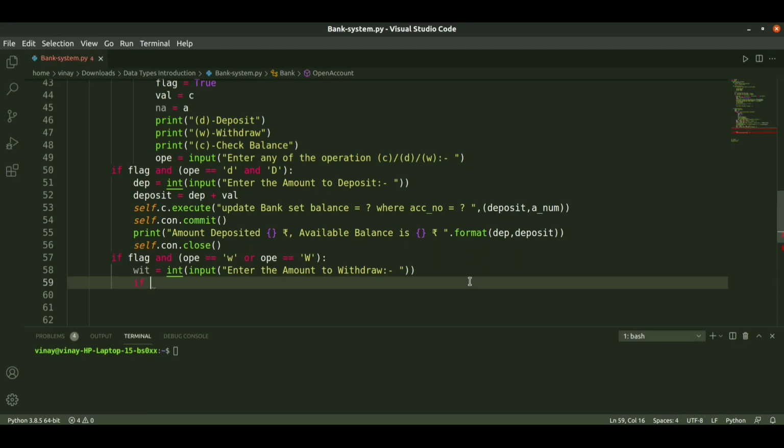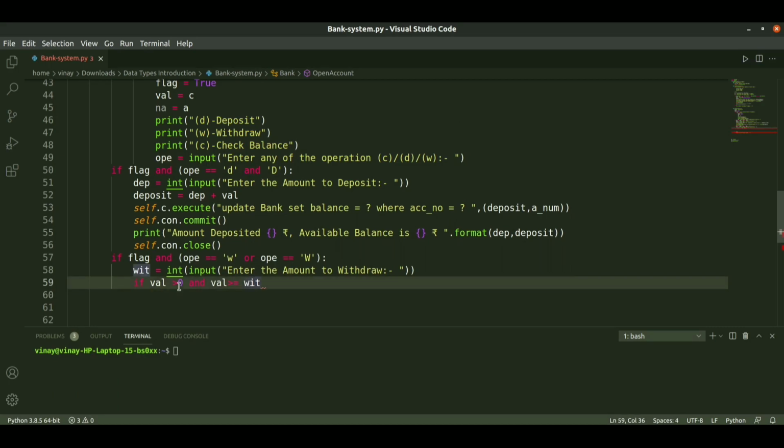So for that, we need to check the condition with if: the last previous balance is val, so val is the balance, so val is greater than 0 and val is greater than or equal to the withdraw amount.